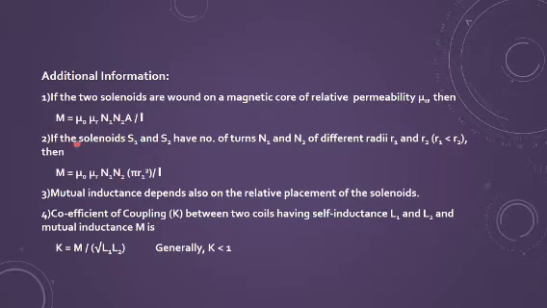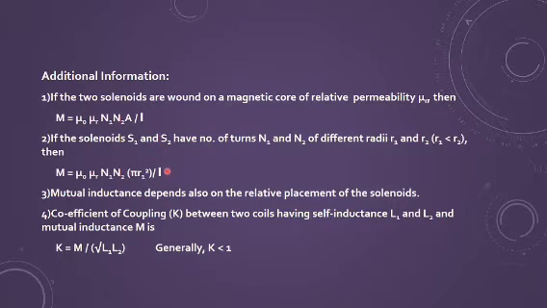Now the second case is if the solenoids have the number of turns n1 and n2 but different radii, it means the area will get affected if the radii R1 and R2 are different. In that case, M12 and M21 will become different. And in that case, the area you will replace by the area of the first coil, because here we took the effect of the first coil on the second coil, which we take in general. So that is pi R1 square. The rest of the things will remain the same.